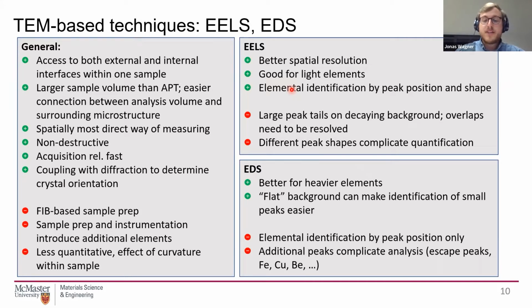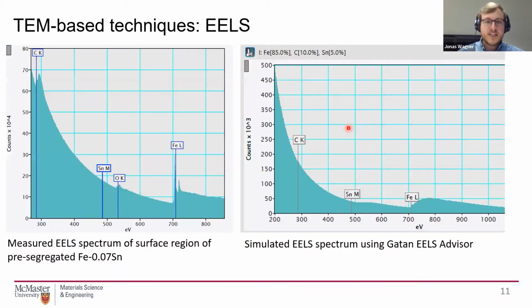So I tried to do some EELS on my sample. Tin is a heavier element, so there was no success guaranteed. And in the end, I ran into a common problem in EELS, and that is that everything happens on a very strong decaying background. And also other peaks can have a rather large background. For example, in one tin-enriched surface on one of my samples, I had found the enrichment in atom probe and Auger, so I'm quite certain that there was tin. But we can see here our tin peak lies right in the tail of our carbon coating.